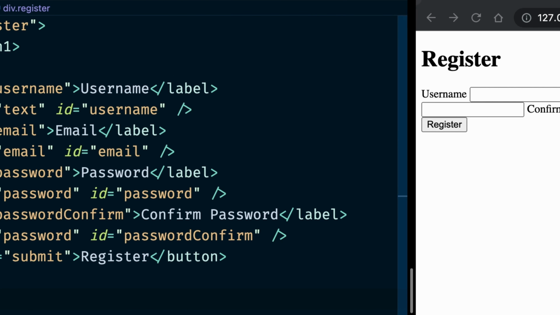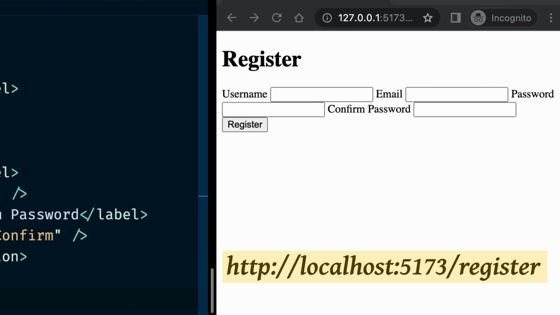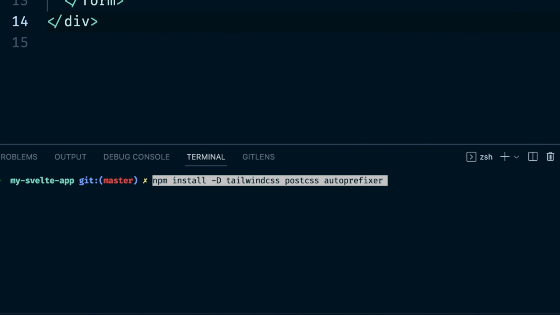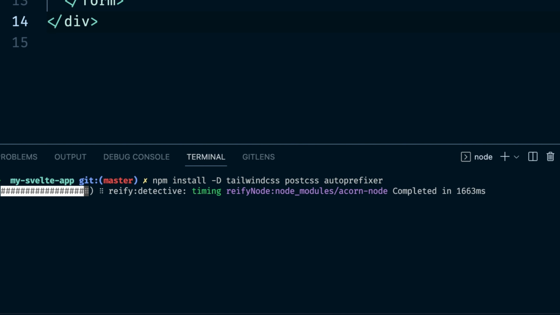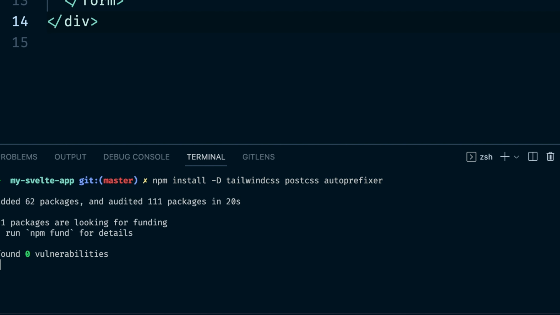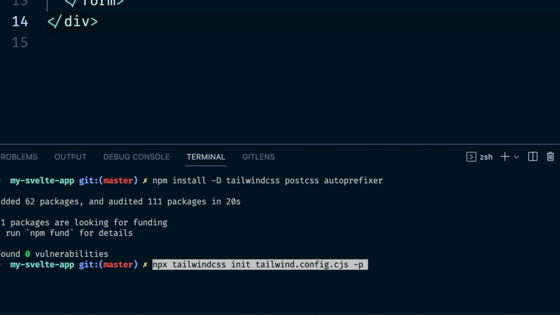You can see the register page if you visit the register route on the browser. This doesn't look very good style-wise, so to make styling easier, we can add Tailwind CSS utility framework. First, we install the Tailwind dependencies, which include Tailwind CSS, PostCSS, and autoprefixer packages. We then initialize the Tailwind configuration settings by running npx tailwindcss init